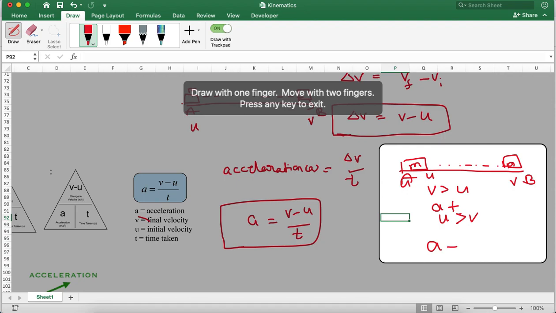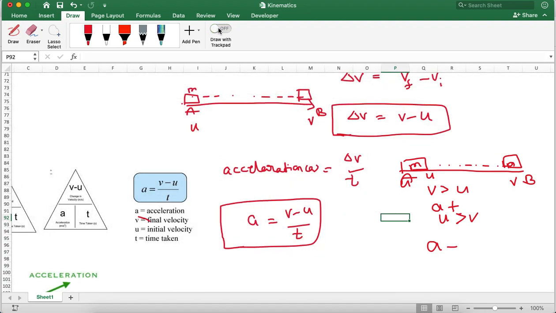For example, if you are driving a car, and you start the car with 0 velocity and you are accelerating it, and it reaches 100 km/h, let me say, which means it is accelerating. After reaching 100 km/h, you need to apply the brake if you want to stop. After applying the brakes, the velocity of the car decreases. That means in the first case the acceleration is positive, and in the second case, since the velocity is decreasing, the acceleration is negative. So this is the point you need to understand.